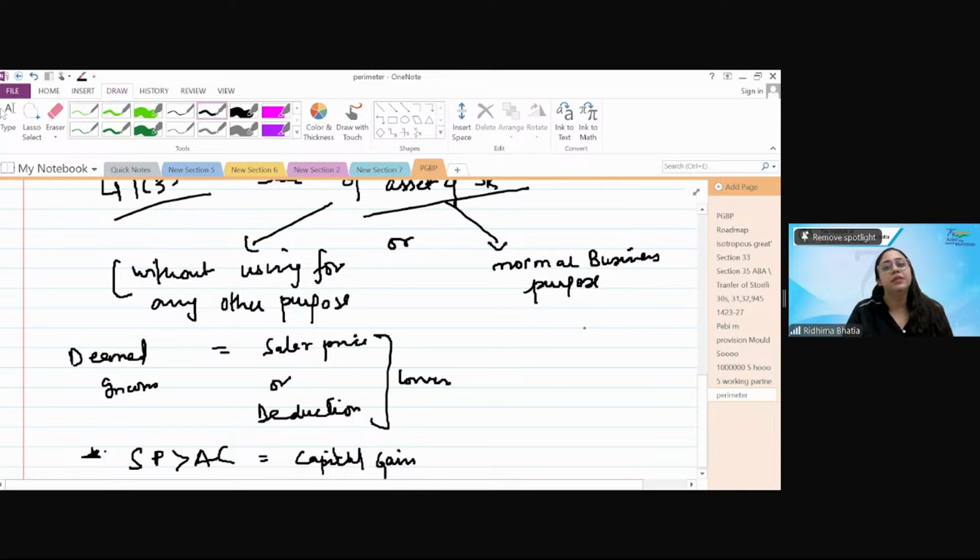And for normal business purpose it is being used, so it is simple. This we read while we were doing section 43, if you can recall. Explanation to section 43, where we saw what has to be treated as the actual cost to be written down in the block of the asset. What actual cost will we take in the block of the asset? The first explanation was this only, that when an asset used for scientific research is now being brought to normal business purpose, then the actual cost to be added in the block,